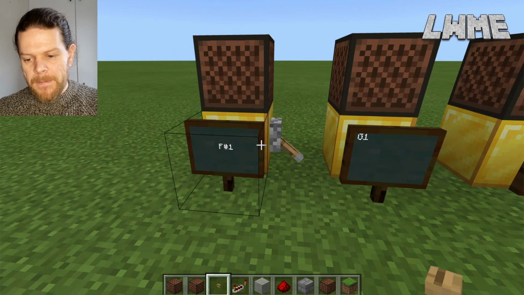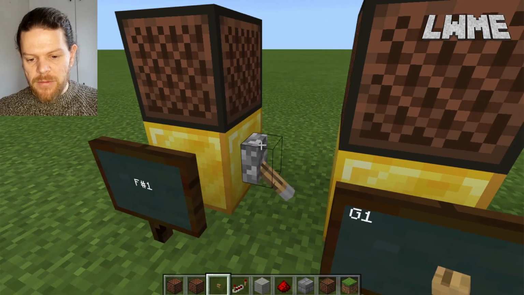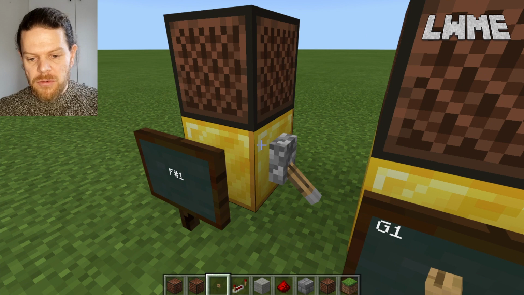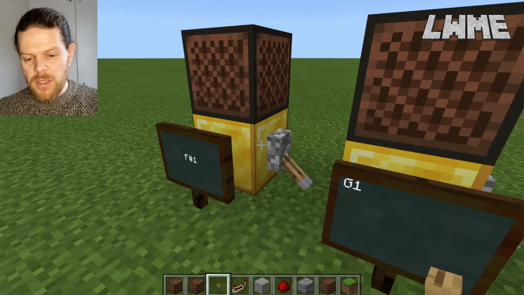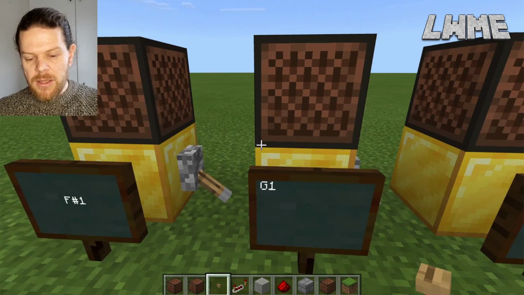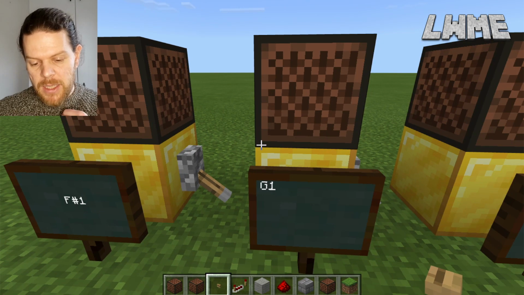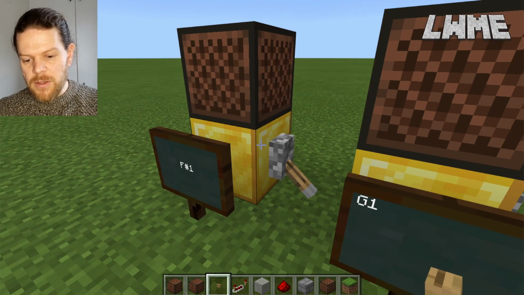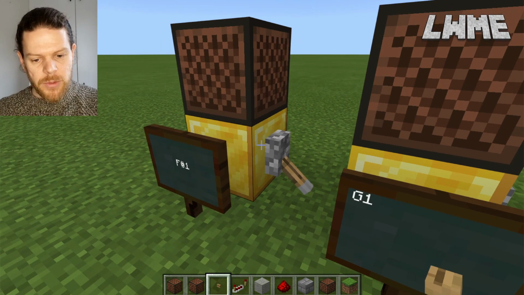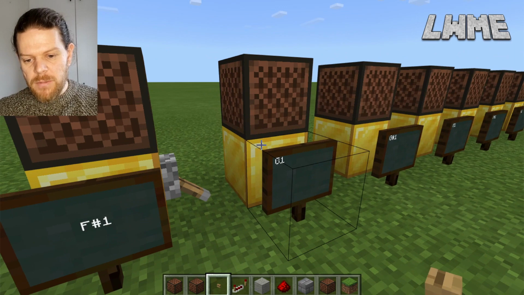And if you want, for example, F#2 or 3, there's different blocks you can put down underneath your note blocks. It does change the tone of the sound, and there's some that don't play pitched notes. It just plays like a beat or something. So there's a really handy guide to that I'll post in the description. But for us at the moment, it doesn't matter too much.